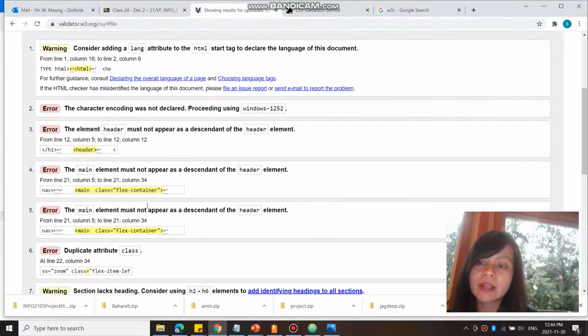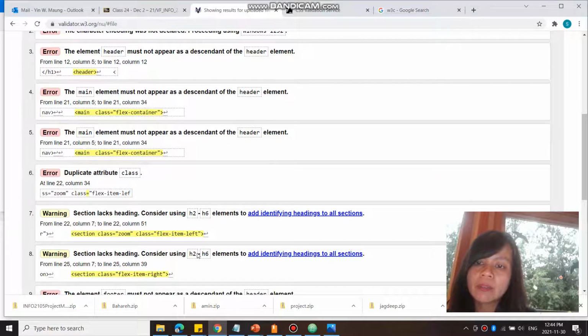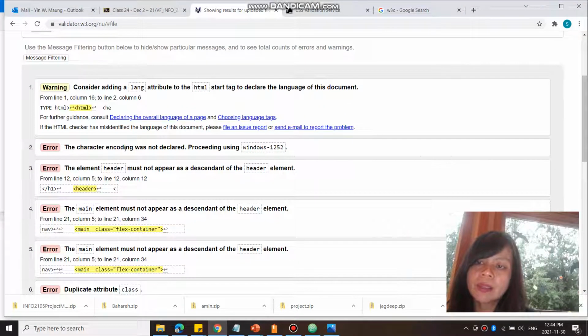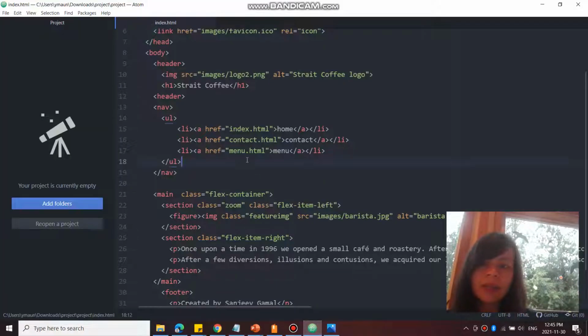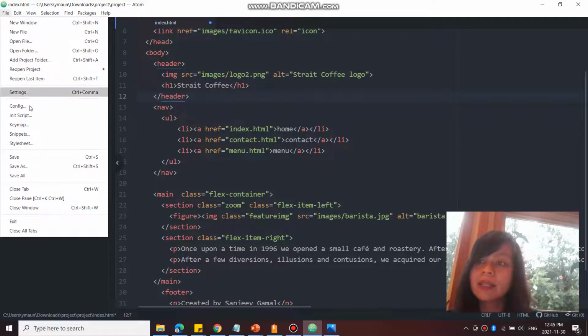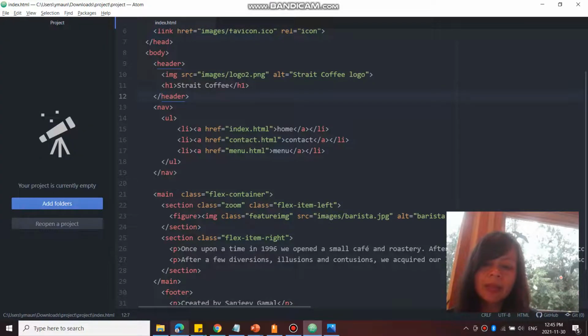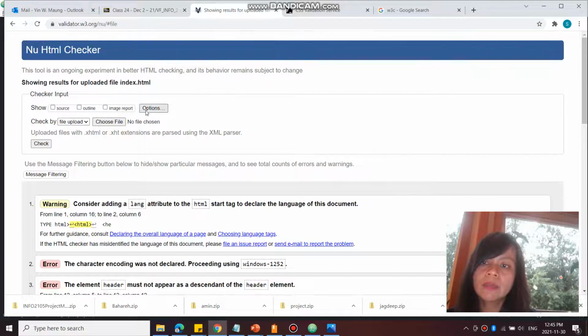Okay, so I see other errors too. Quite a few, okay? So this one is about character encoding, this one's about header must not appear as a descendant. So there's something funky going on here, something weird going on here. It keeps mentioning this header element. I'm going to take a look at that element. And then when I take a look, I realize it wasn't closed properly. Look. It doesn't have the slash in front of it. It is not a proper end tag. So I'm going to save it, okay, and then I'm going to upload it again,